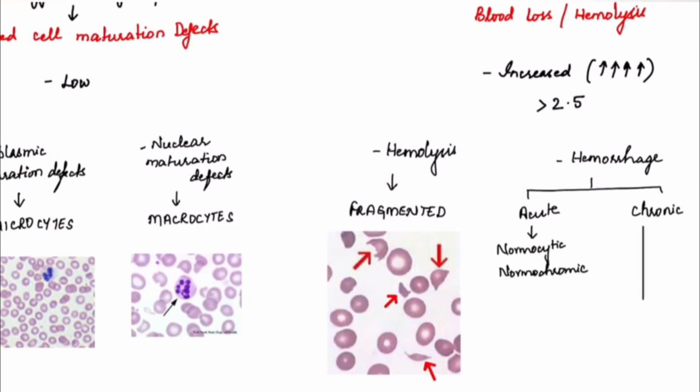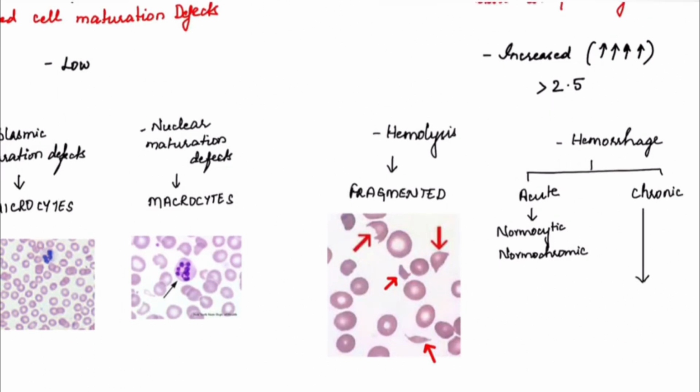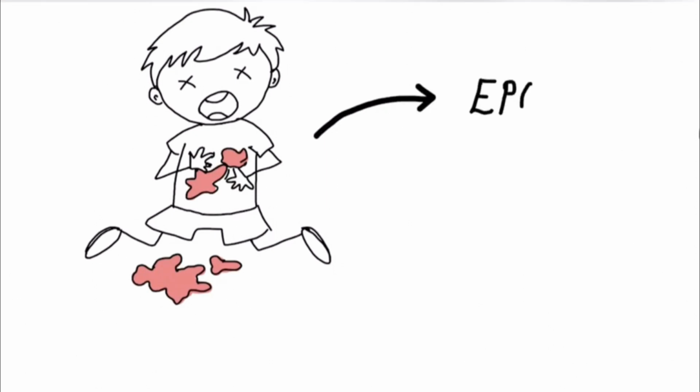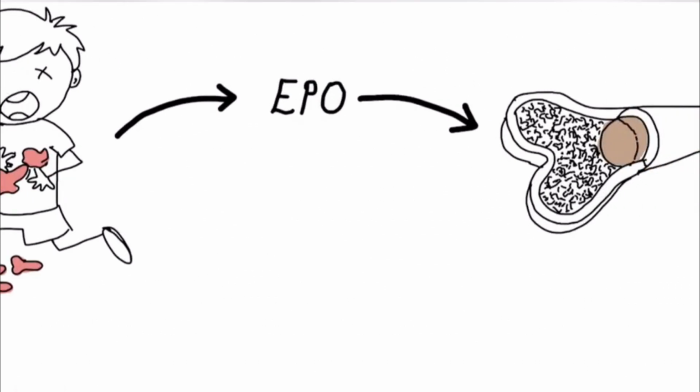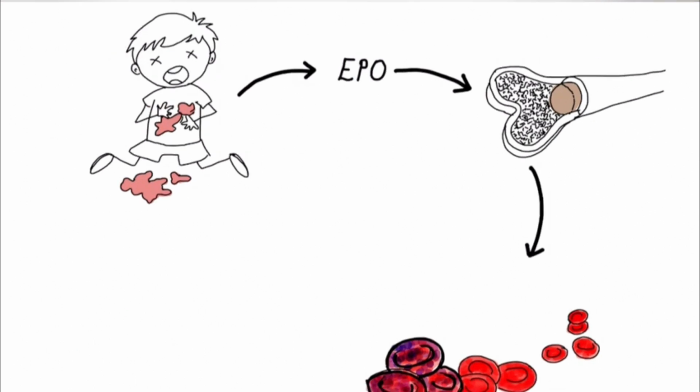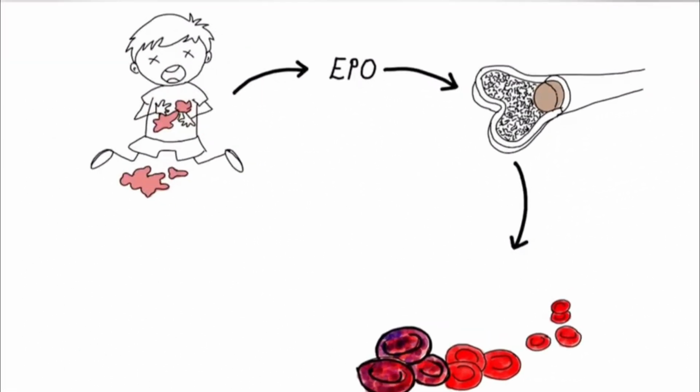In chronic hemorrhage, the feedback has started operating, and so what happens? We'll look at it now. Following hemorrhage, the erythropoietin is stimulated, and this erythropoietin will further stimulate the bone marrow to produce more number of RBCs as a compensation. So as a result, this bone marrow will be under stress and it will produce more